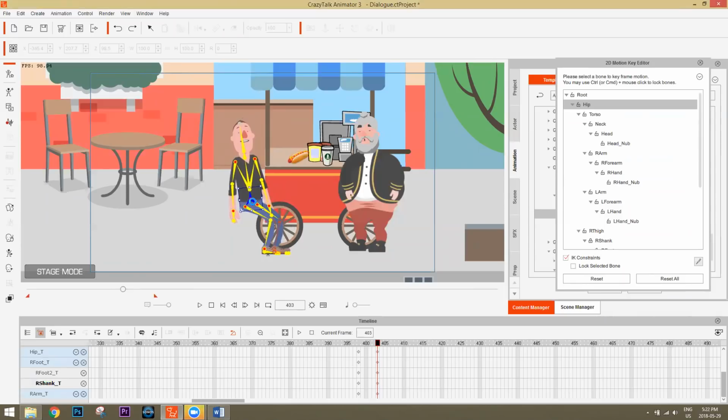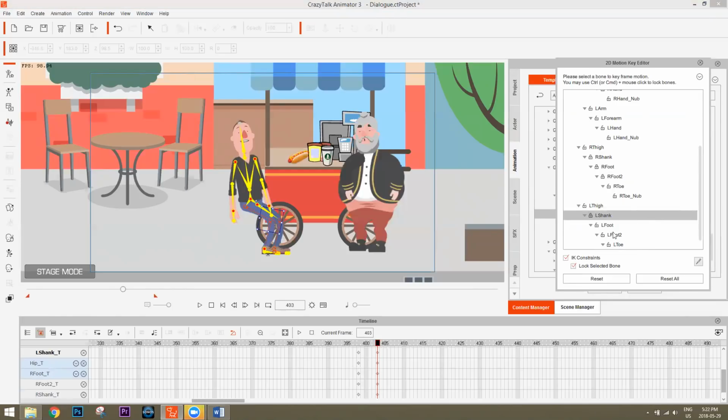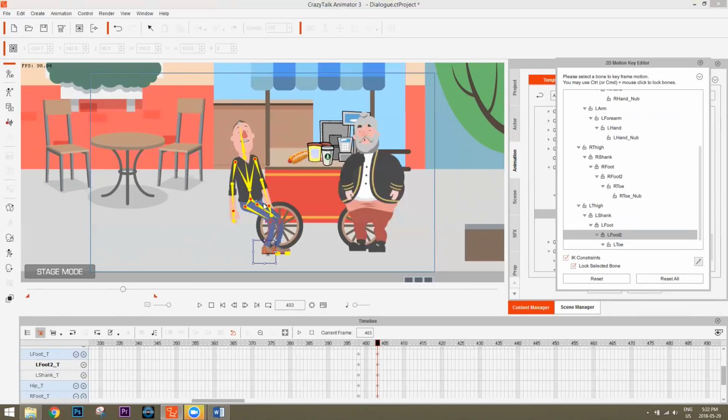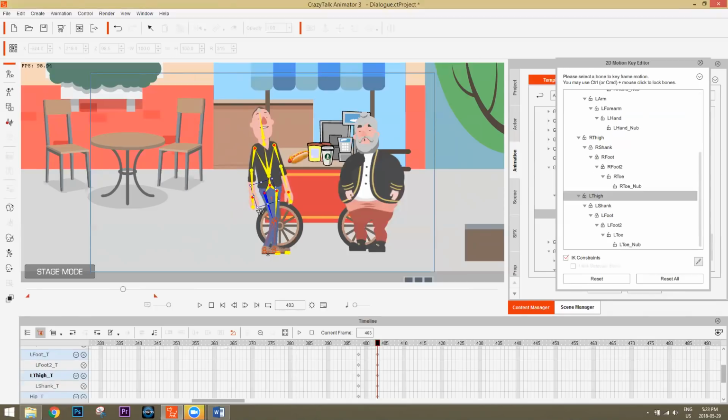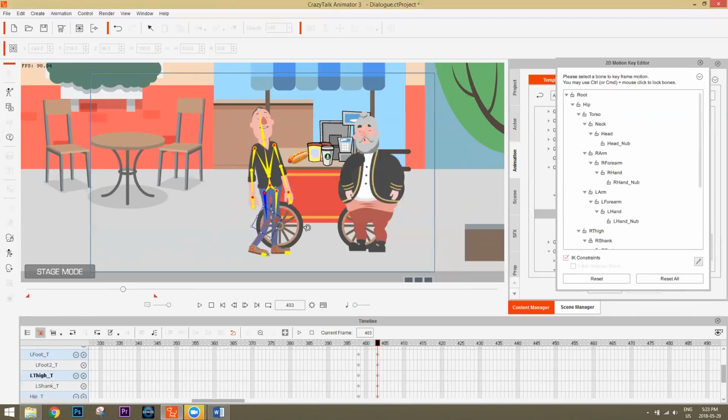Because it's not locked. Now, obviously, we want both feet to be locked, so let's do the same thing for the left shank, lock the bone, left foot, lock it, and left foot 2, lock it. And then we can take his hip and move him up like this, all right? There we go. Just move him into a relatively standing position, okay? And we can take this hip bone and leg bone and maybe rotate it a little bit. And then take this one and unlock it.